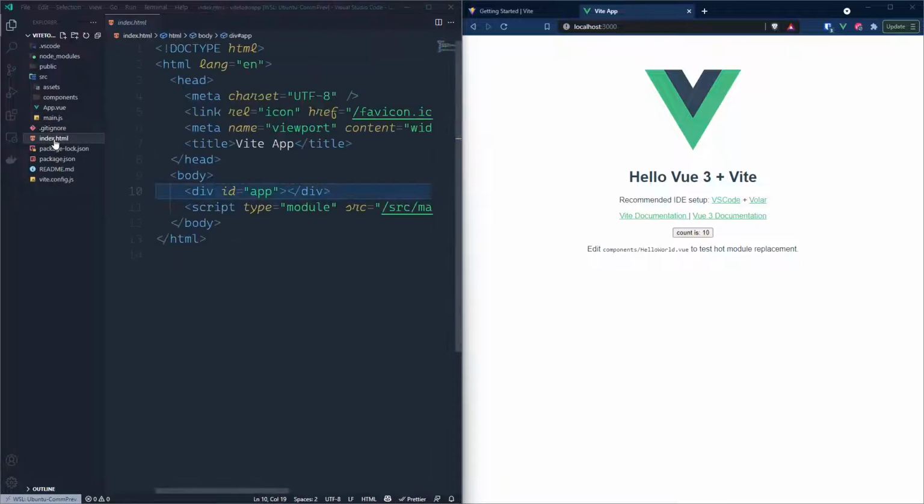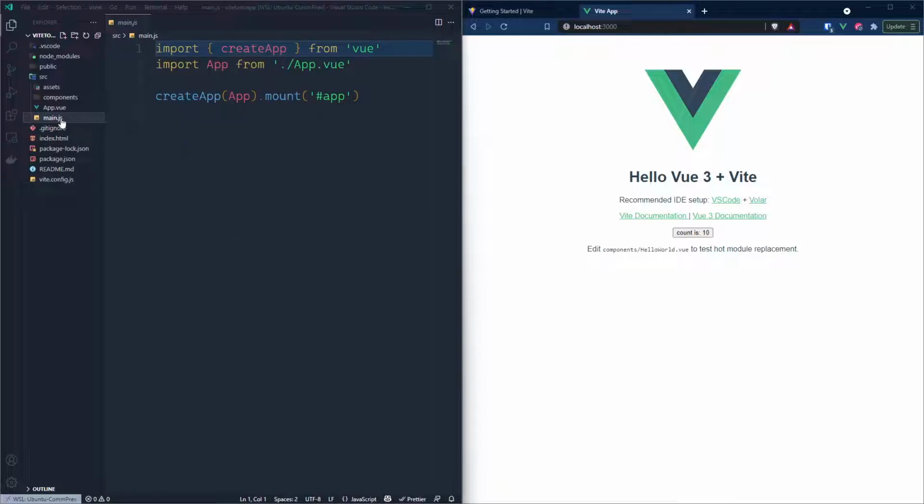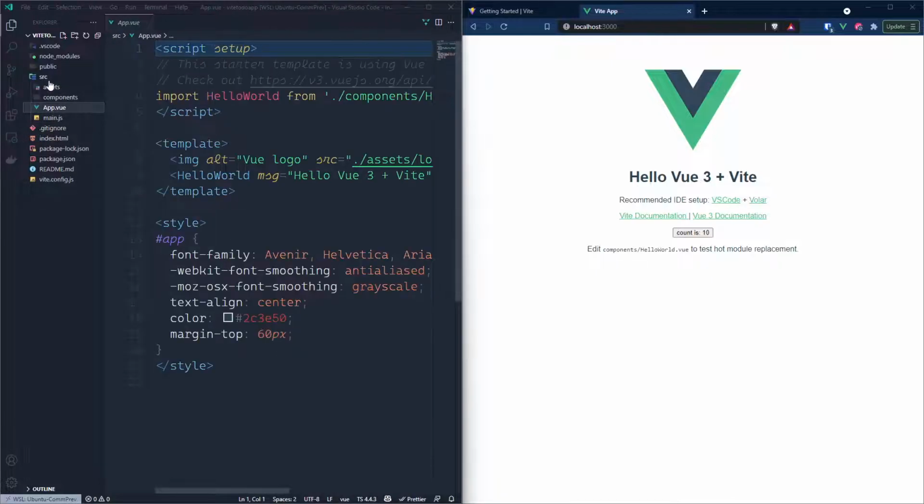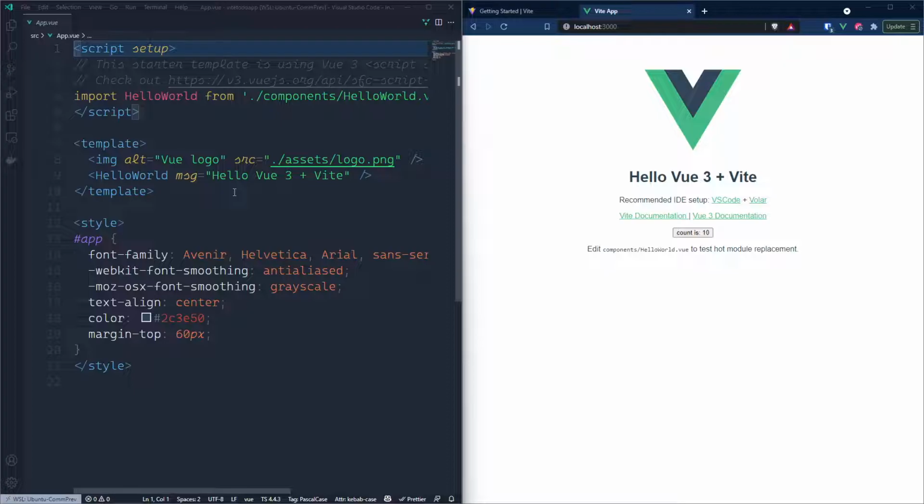So this index.html, this main JavaScript inside source, and this application view inside source are the most important elements in this structure. Application.view is a new way to have a view template, so a view file. The view extension is for single file component. What it does is pretty much